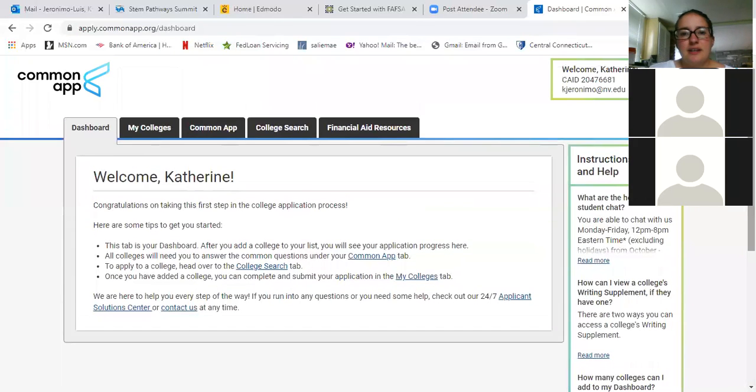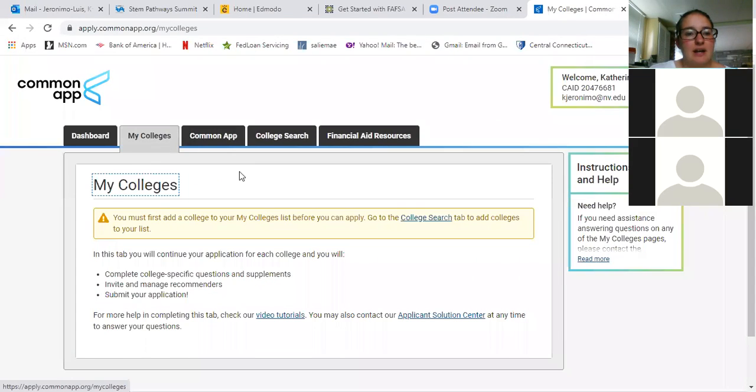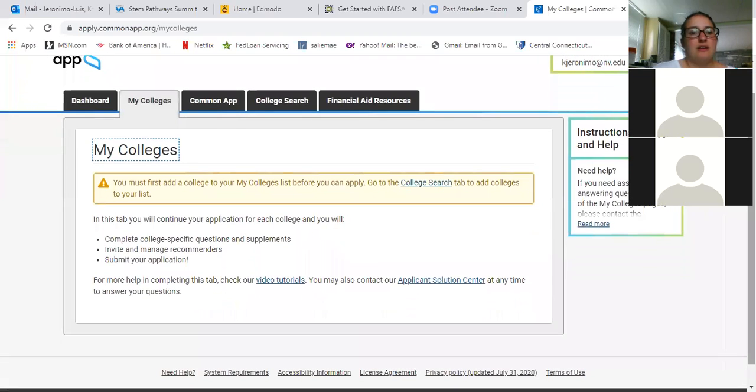So when you're looking at it, here are the tabs that you're going to be going through while you do the application. The first tab is My Colleges. On here, this is where any colleges that you apply to or are going to apply to will be listed out in this tab. And when the colleges are listed out, all the information you need for that particular college will be listed there. And when I say all information, I mean things like the application deadline, any required materials that you need for